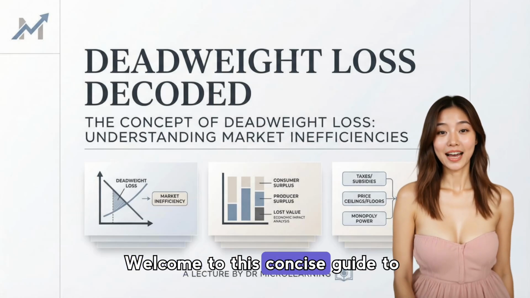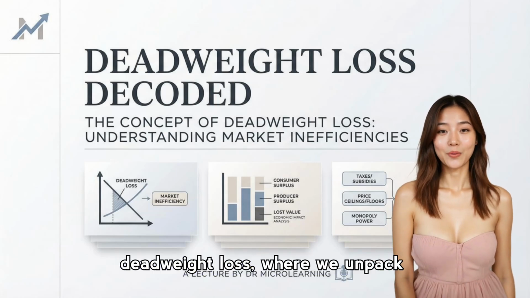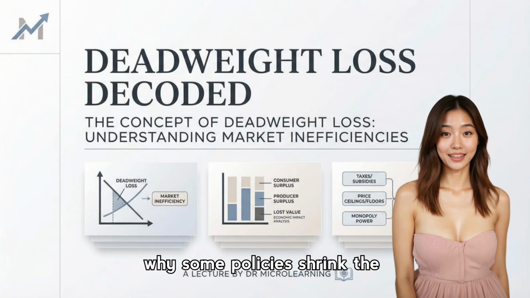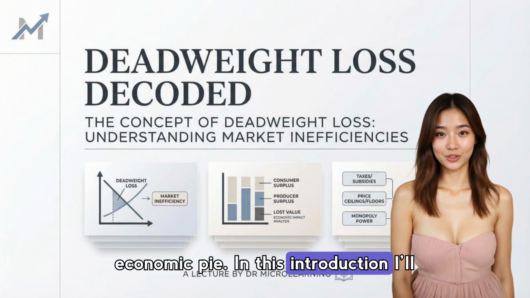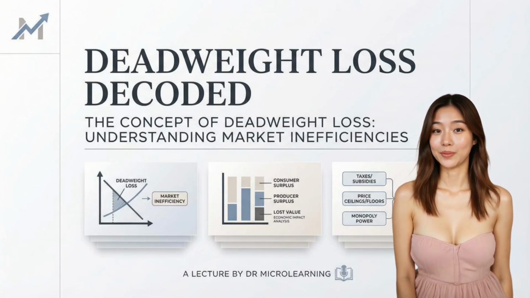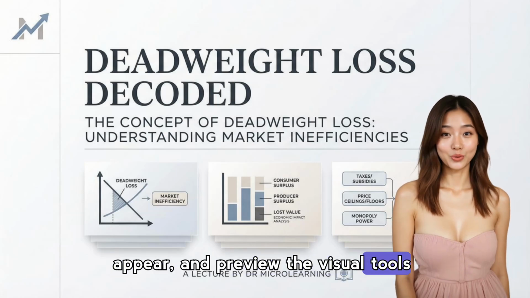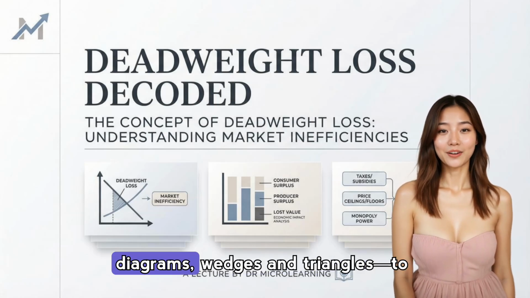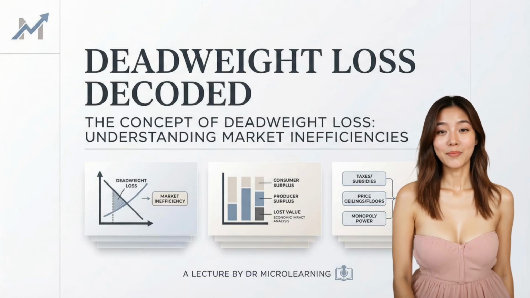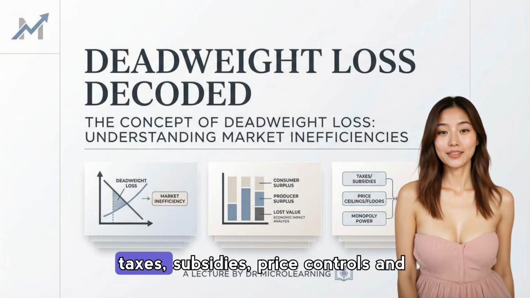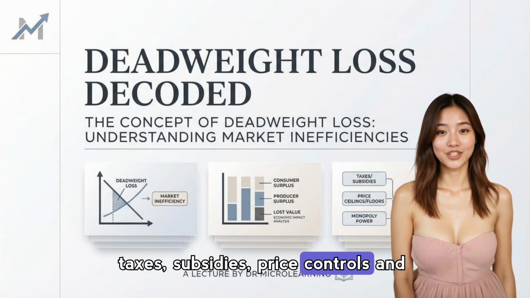Welcome to this concise guide to deadweight loss, where we unpack why some policies shrink the economic pie. In this introduction, I'll set out what deadweight loss means, how market inefficiencies appear, and preview the visual tools we'll use: supply and demand diagrams, wedges and triangles to measure the welfare trade-offs from taxes, subsidies, price controls, and market